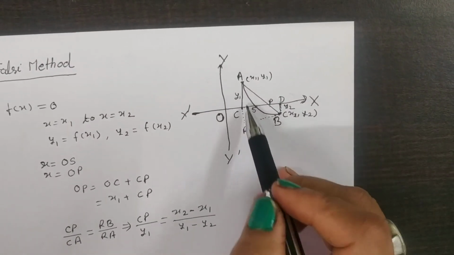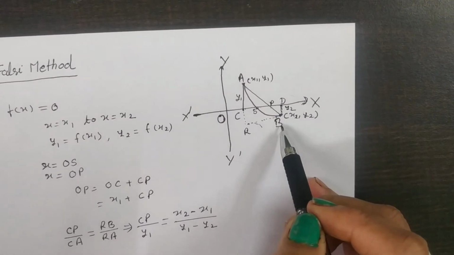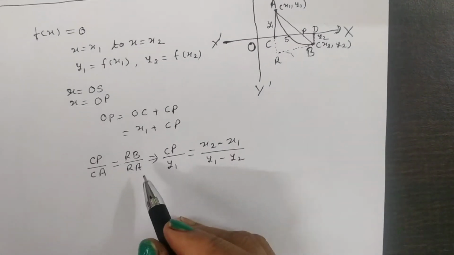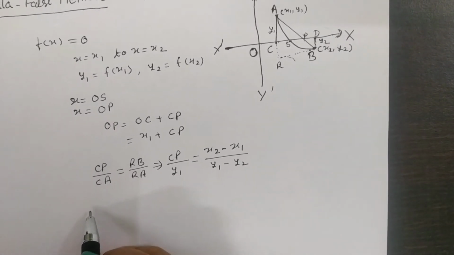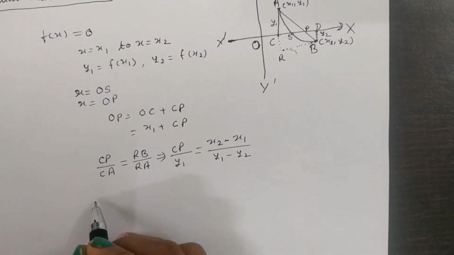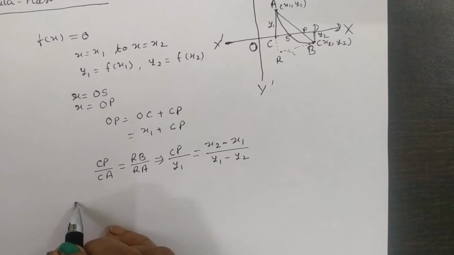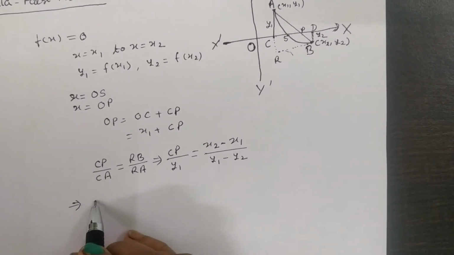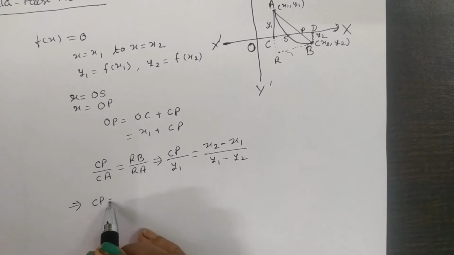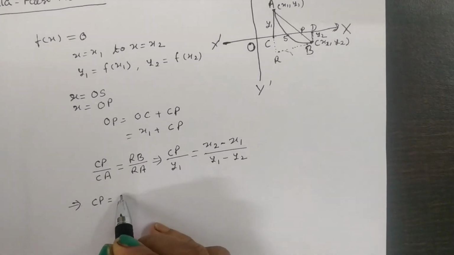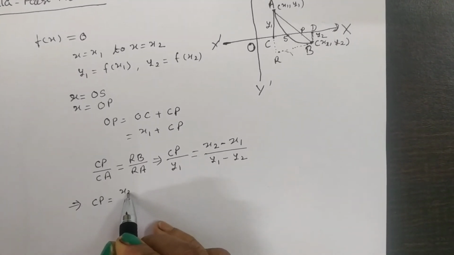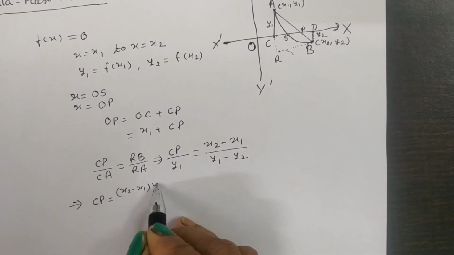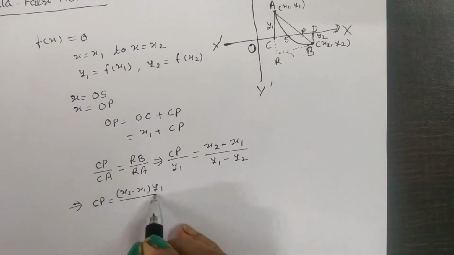You see here this is y1 and this is y2. This implies that CP is equal to x2 minus x1 multiplied by y1 divided by